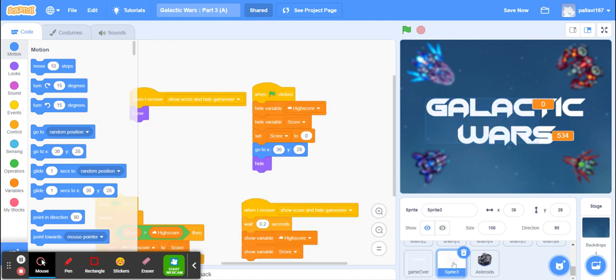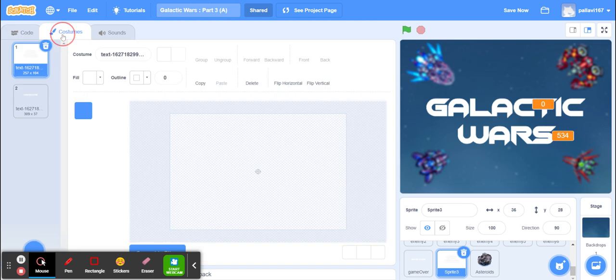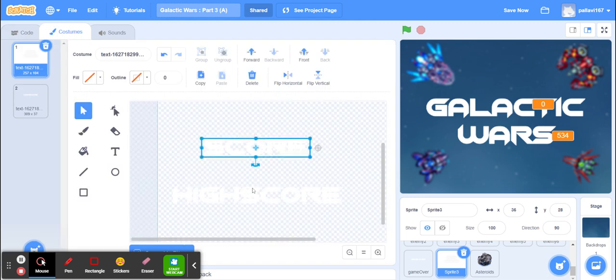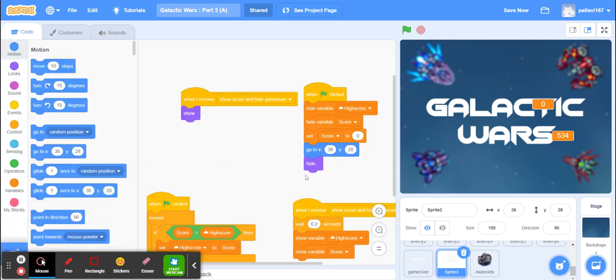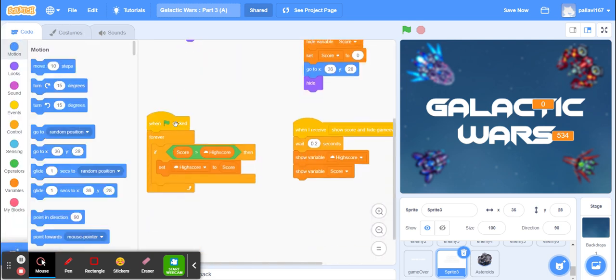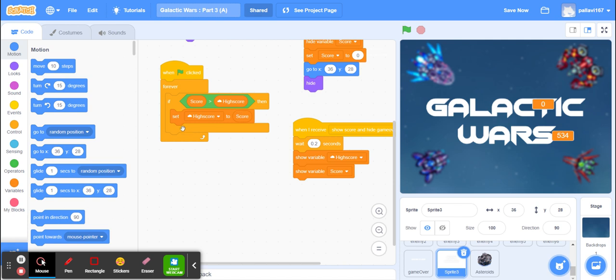This is where I have written score and high score. I'm going to declare the score and high score. If the score is greater than high score, then set the high score to score.